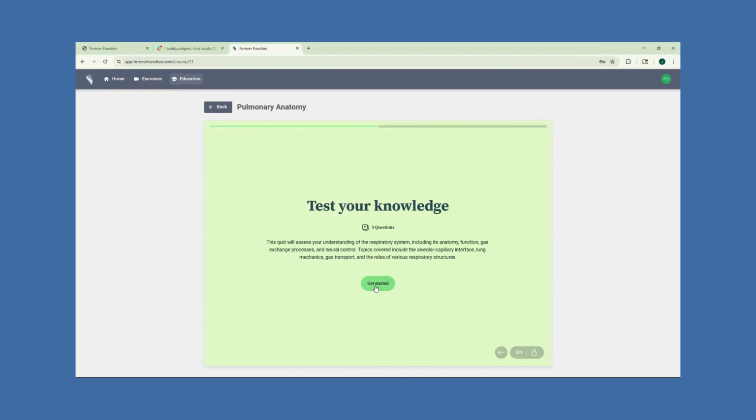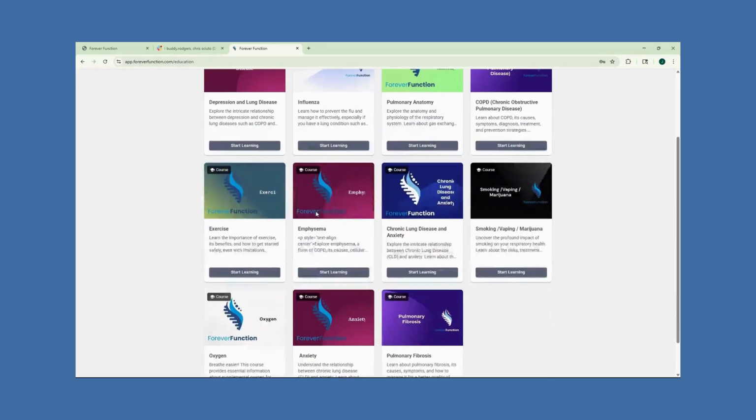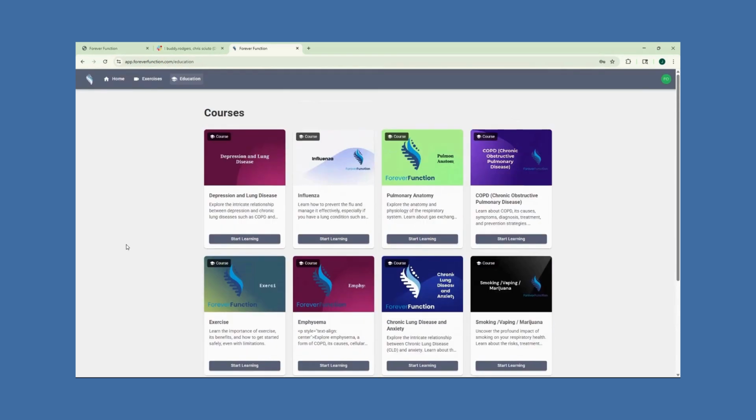What they do is print off that certificate. They bring it into your program, and it identifies that they have been competency checked in that particular area, satisfying the needs for the pulmonary rehab program, or if you're certified through AACBPR. So that's what's nice about this. It really does check all the boxes for that. So this program is really good for pulmonary rehabs. We're just going to start rolling it out in the next month here, and I think people will really benefit